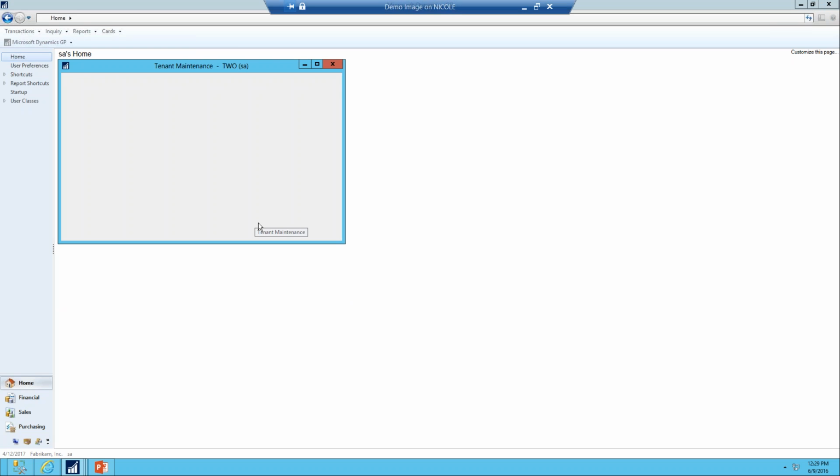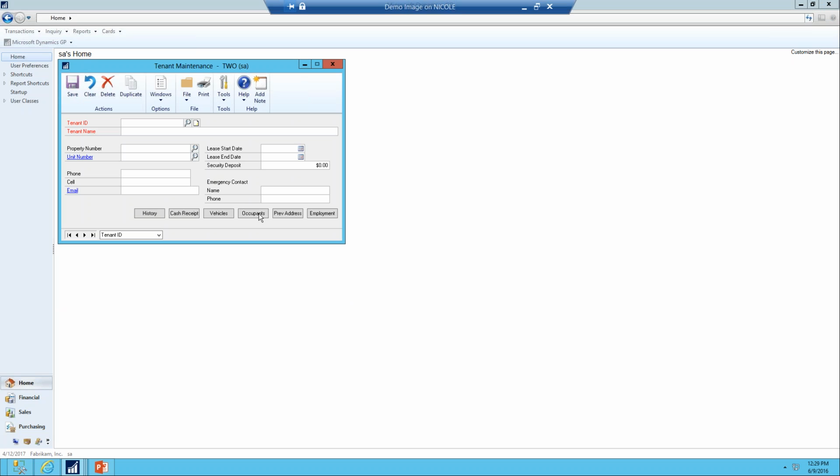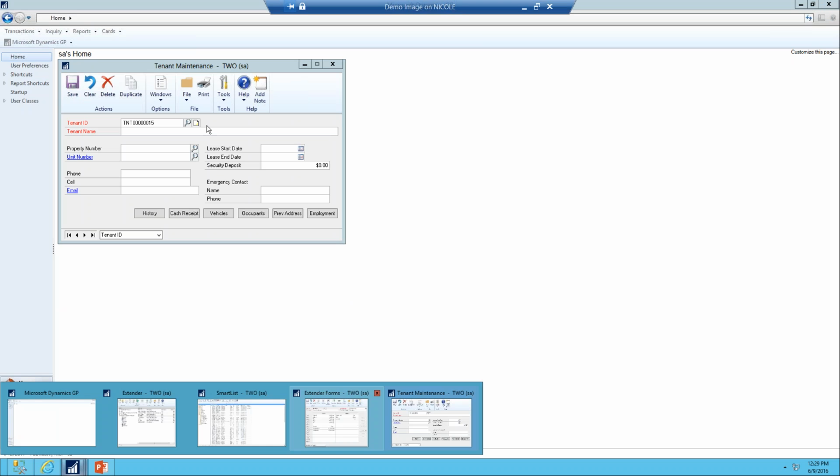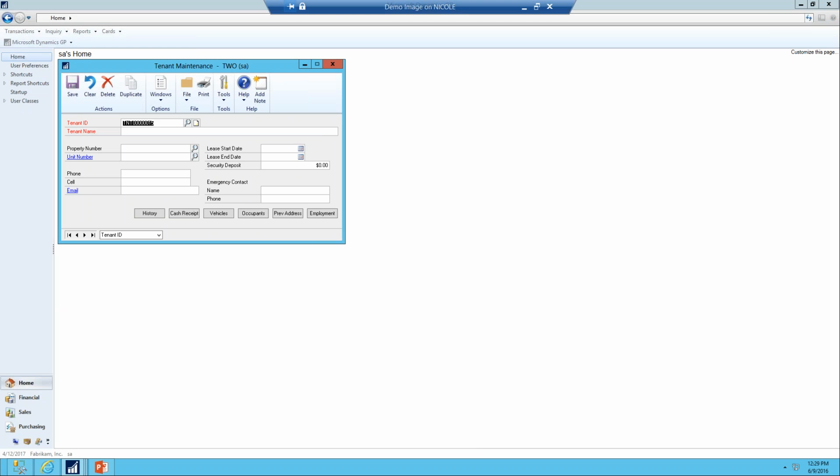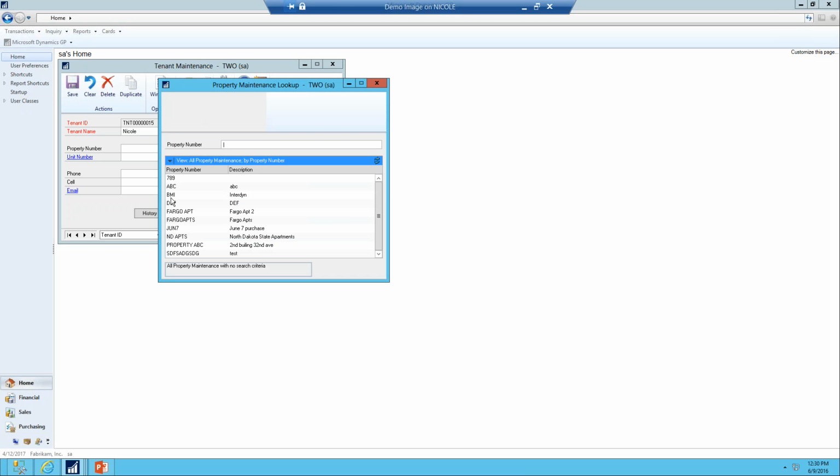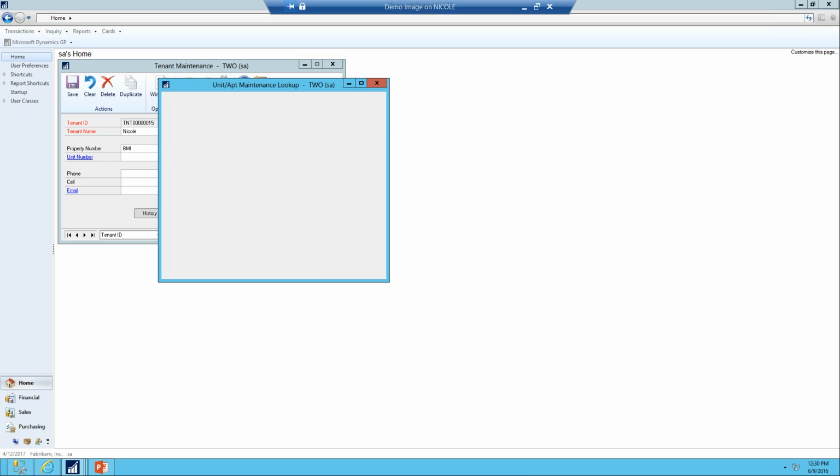tenants. Now I need to put somebody in there, make them rent it, right? So did I save that? Yeah, I think I did. This is an auto increment. So similar to how document numbers do things, we can auto increment IDs as well, so you don't have to make them up. I'll purchase or live in this unit, so we created BMI and we entered that property in